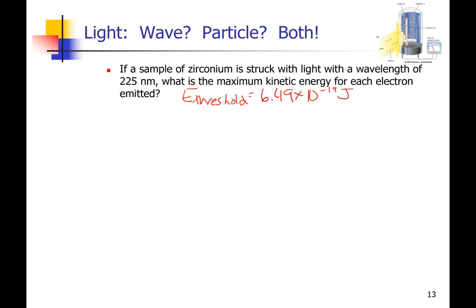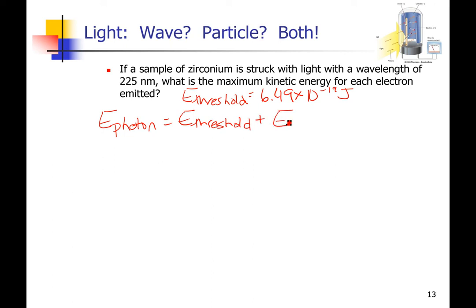We've been given the wavelength of the light that's being used in this experiment, so we can use that to then calculate the energy of the photons of light that are being used in this experiment, because what we're going to want to be able to do is plug values into our equation relating the threshold energy, or work function if you prefer, and the released kinetic energy